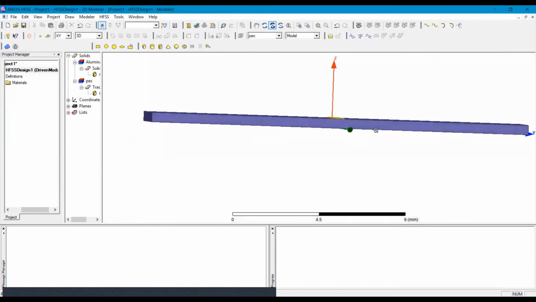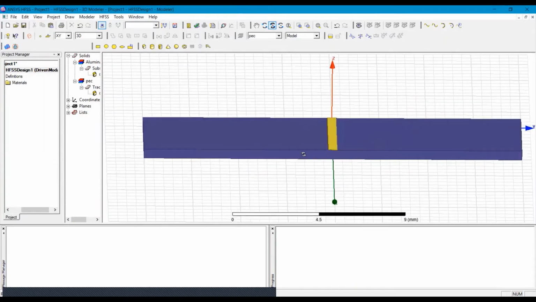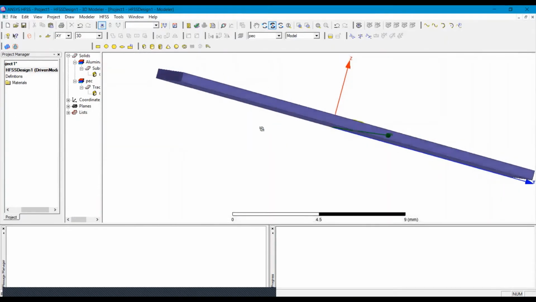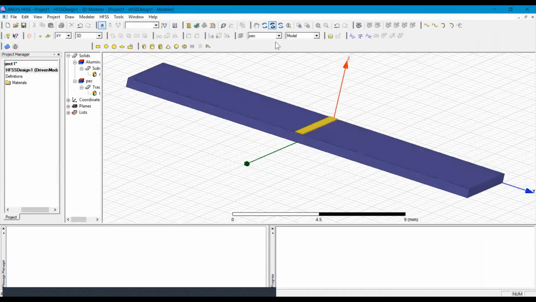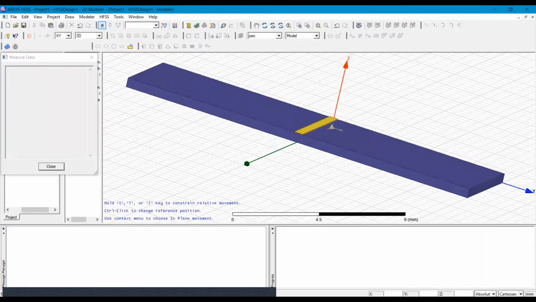Now we will draw the ground plane. Ground is also made up of conducting material, so we will select the PEC for the ground also, and again we will choose the box and give the coordinates to the box.